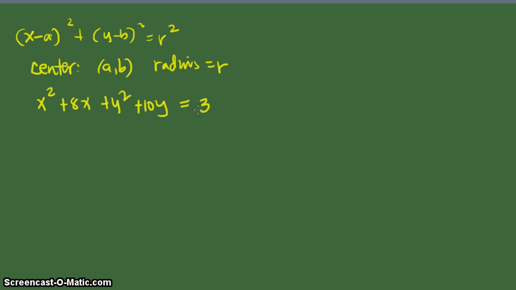At this point there is no way that you can identify the center and the radius of the circle if you rely on the idea that we had for the standard form of a circle. So how do we identify the center and the radius of the circle if the equation is written in this way? Before I answer that question, let us explore the idea